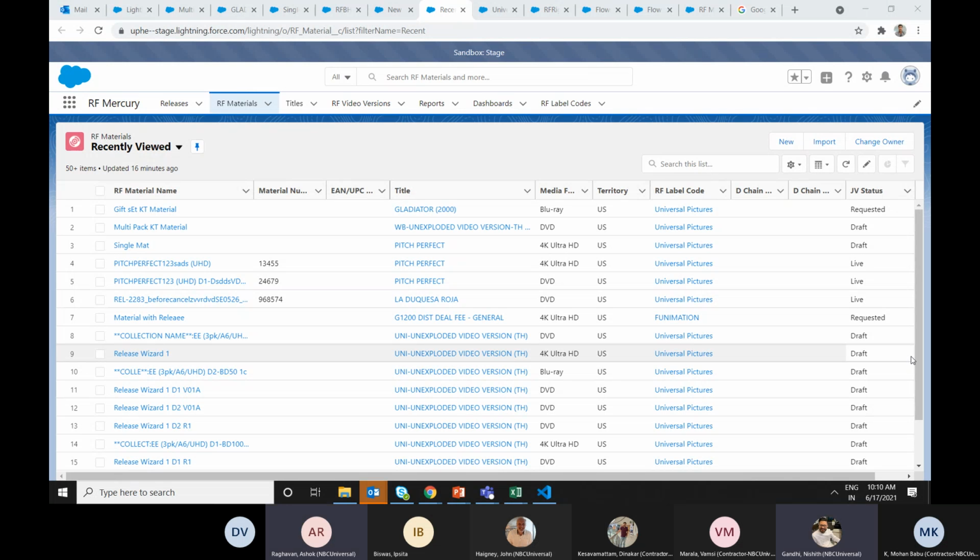Sure. Ashok, just to let you know, on release force, 90% of the sharing settings is being used on that object. There are some cleanup activities that need to happen. I think John and Ashok have to take care of this. There are a lot of stale items which we need to clean up, and a lot of stuff related to sharing settings, roles, as well as permission sets which we need to take care of. There's a cleanup activity.